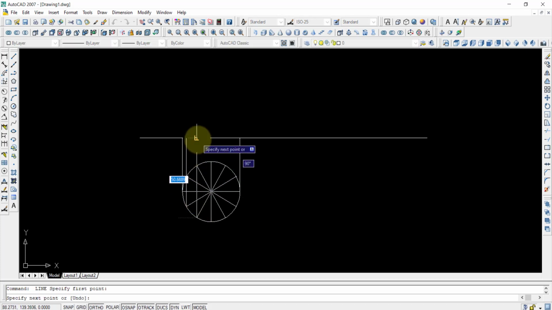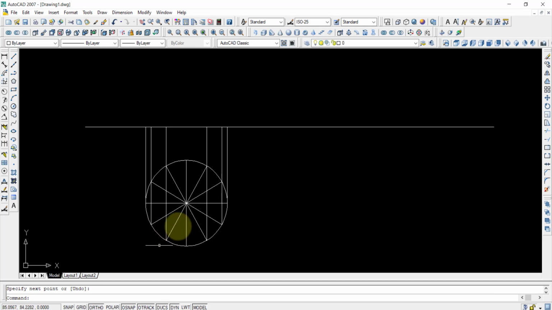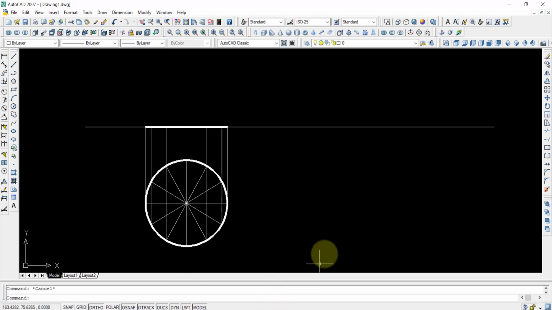From this side also you project all these points like this. Then you give the names 0, 1, 2, 3, 4, 5, 6, 7, 8, 9, 10, 11, 12. In that way you can give the names. This is the line obtained and this is your circle. So I'll select the circle and the line and use a separate line weight so that it will be easy for us to understand. So this is your circle and all the remaining are projector points.